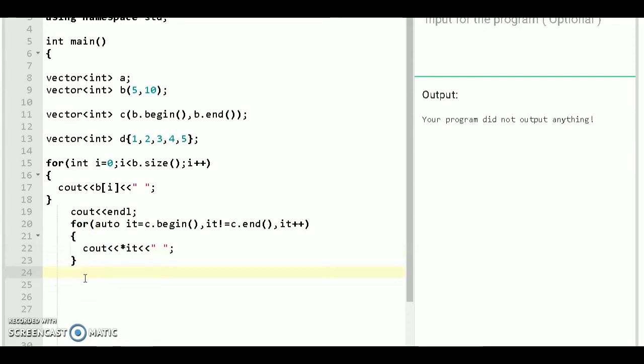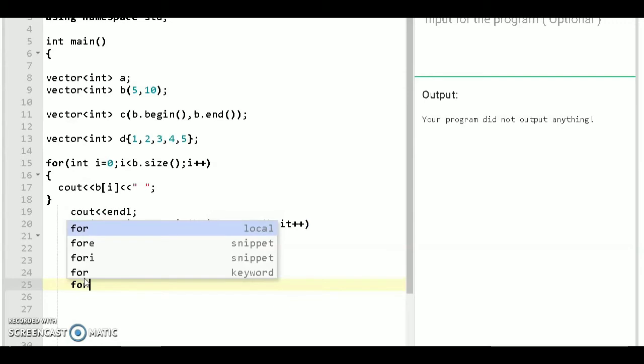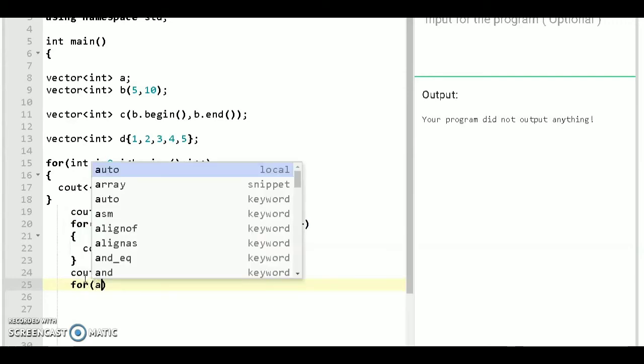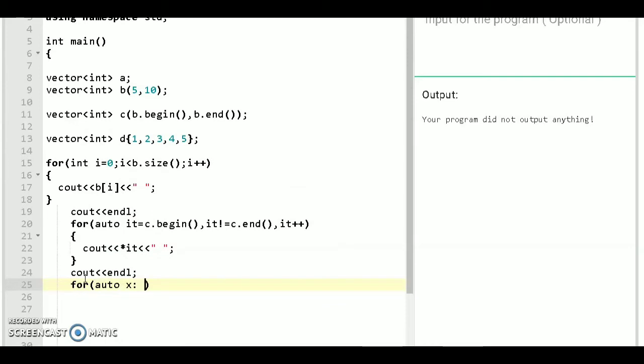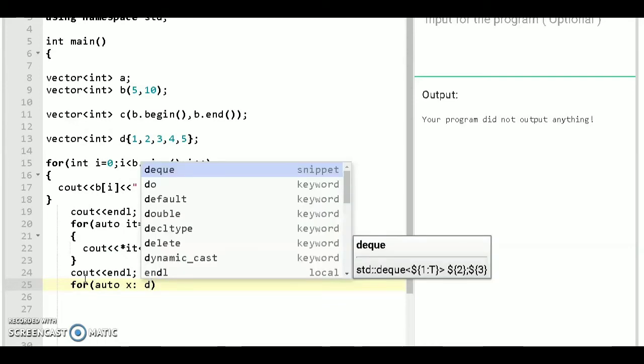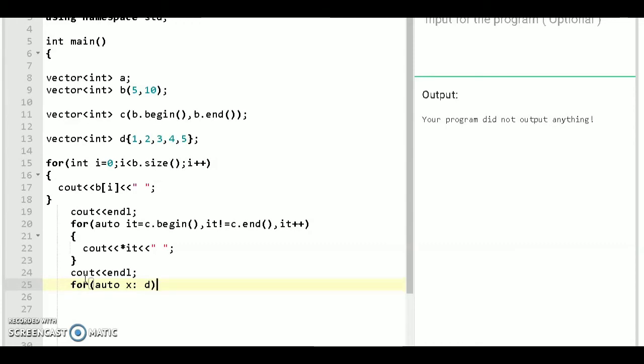Or one more way you can iterate the vector, and that is my favorite, is the for each loop. Let's see how we declare it. First change the line. For auto x colon the name of the vector, let's say we iterate vector d, cout x and some space.